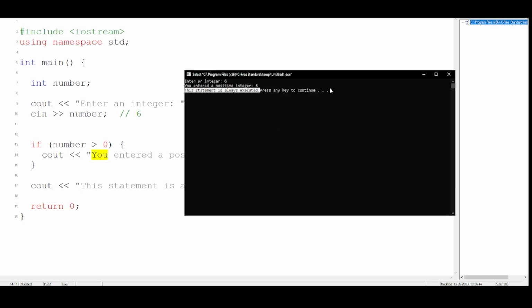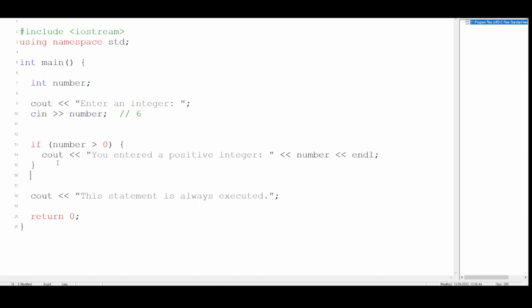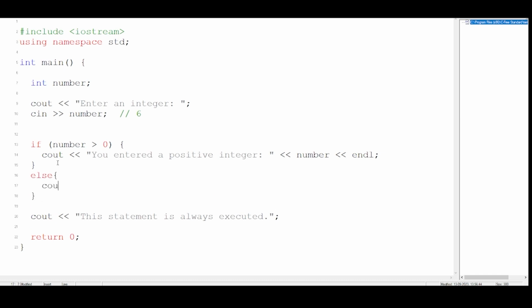Next, let's try the else part. Now for the else, what we will do is we can write like this. We can write else, give a quote like this, and we can write any statement over here. Let's write hi. I'm just writing a random statement for now, just in case, to see whether it's going to print or not.